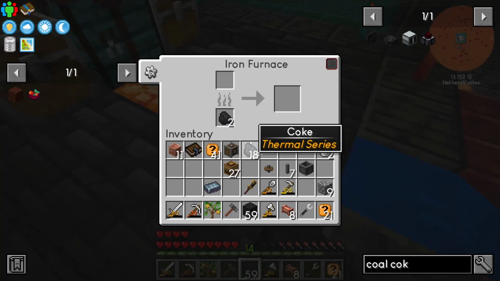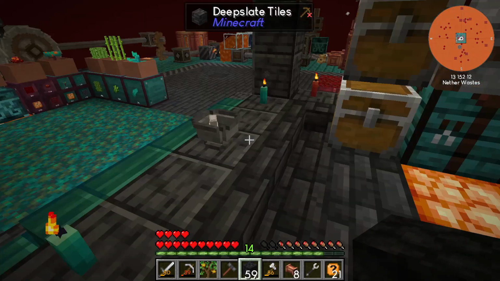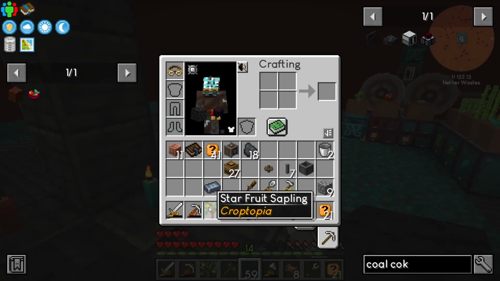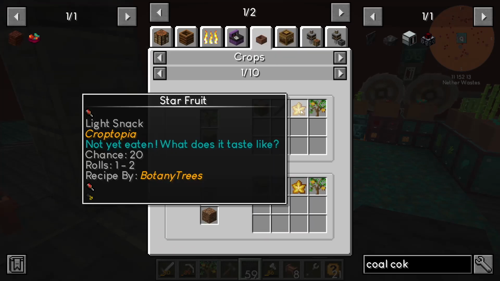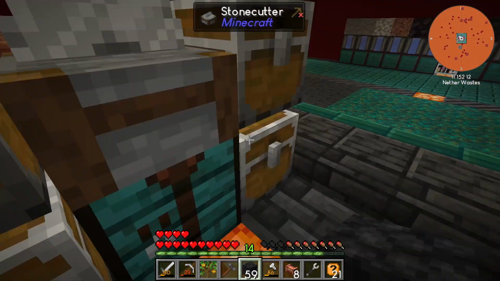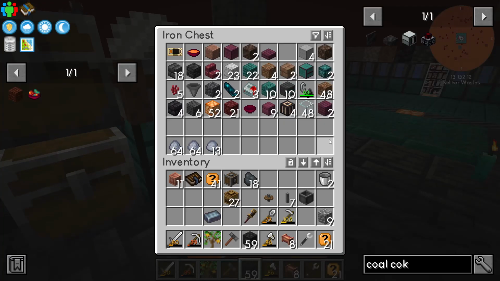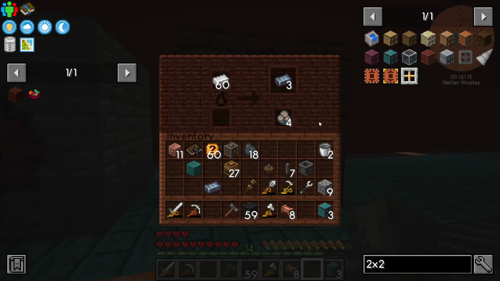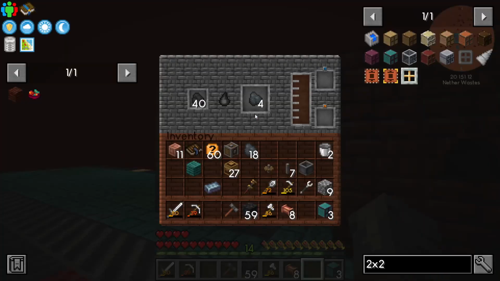So what I need to do is it looks like I need to smelt down some logs. Let's make a hoppin' botany pot. This thing is going to produce 4 things, so we need a 2x2 drawer, which I believe we don't have. It's fine. Now, while we wait for some logs and see if we can get the actual coal coke that we want,